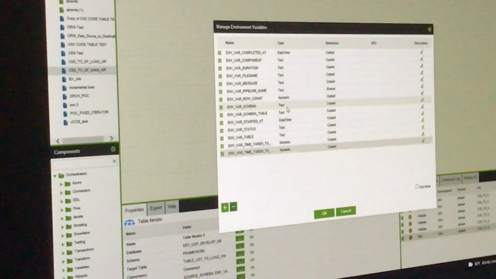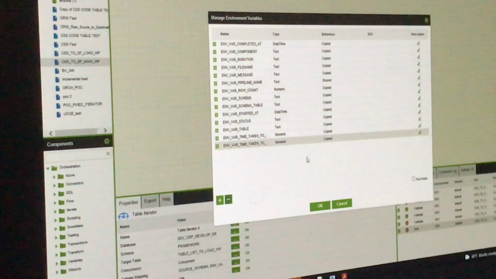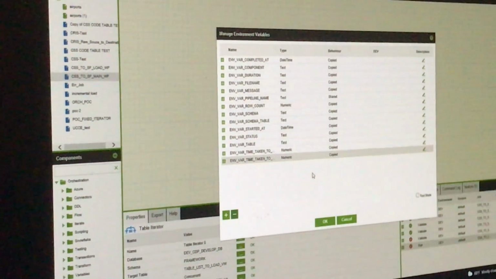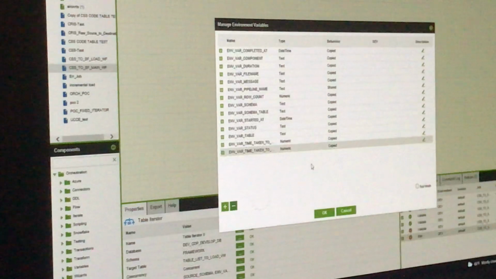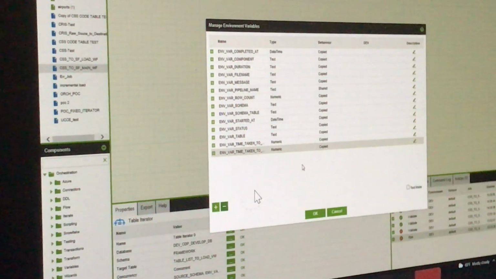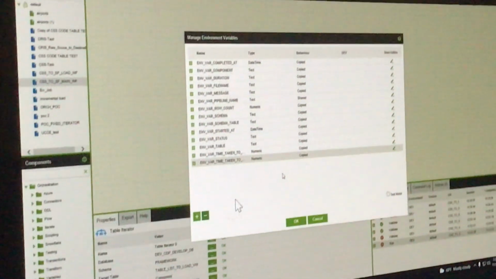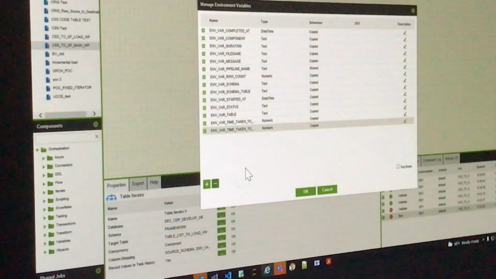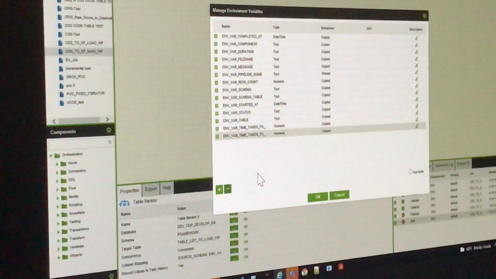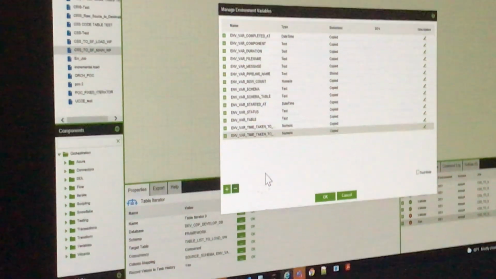So here, whatever environment variables we have, like we have 4 columns in our target table, so we have created 4 environment variables. One is for ID, so we don't need it, I think. So we have created 3. Let me go and check what columns we are having.